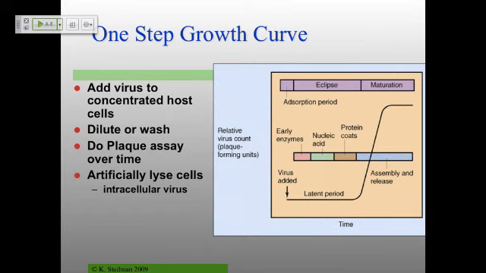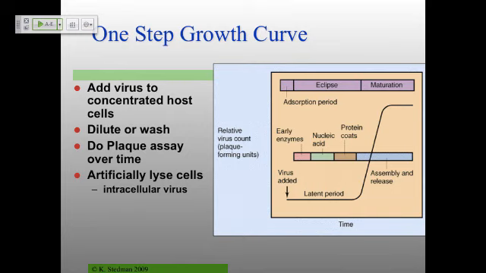This is also known as the eclipse period and maturation period. The eclipse period right here is when you don't have any virus particles around. And so it's really important. This is where all of the interesting molecular virology is going on. It's in that attachment and absorption phase right here, when you're doing the infection and making all of the virus particles. We're going to concentrate 95% of the rest of the class on this part, because this is how you're getting these viruses put together.